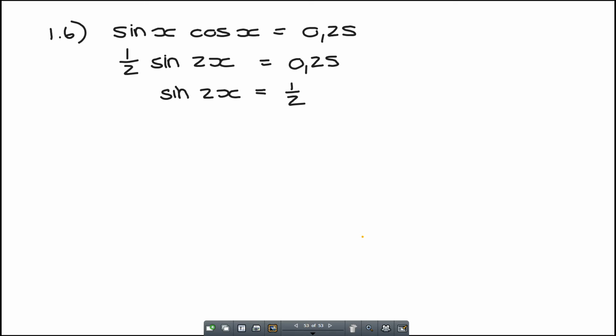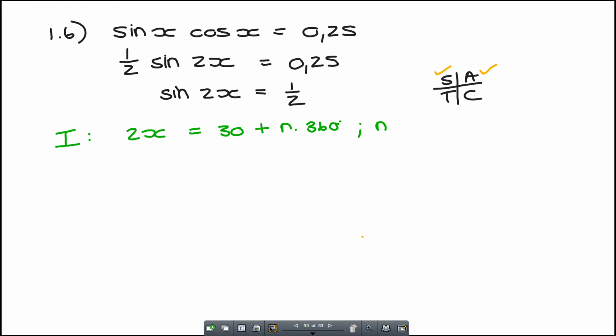Okay. Now, sine is positive in which two quadrants? In quadrant 1 en quadrant 2. Right, so in quadrant 1, 2x is equal to, en nou soek ek net my verwysingshoekie, en hy is hoeveel? 30. Okay, so 30 plus n times 360. Okay, all I've got to do now is get rid of that 2, so 15 plus n times 180. Excuse, ek wil gou double check, ek het hier ja, ek het gewoon 180. Right, in quadrant 2,